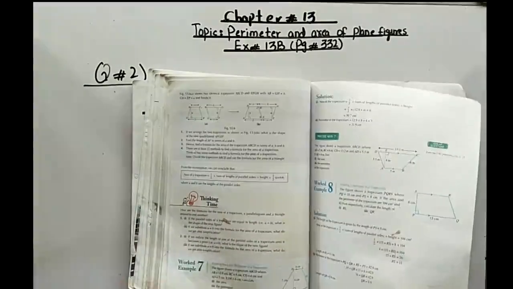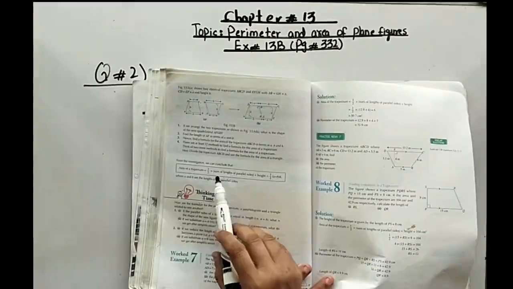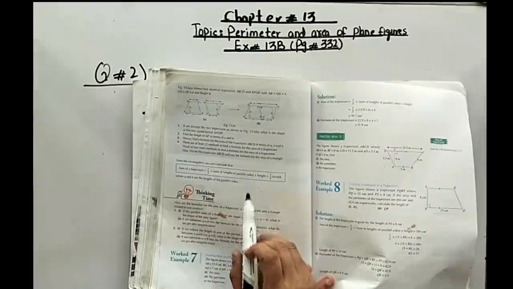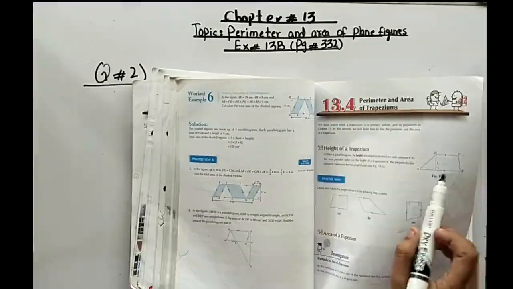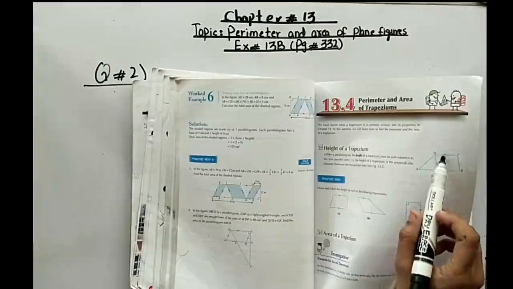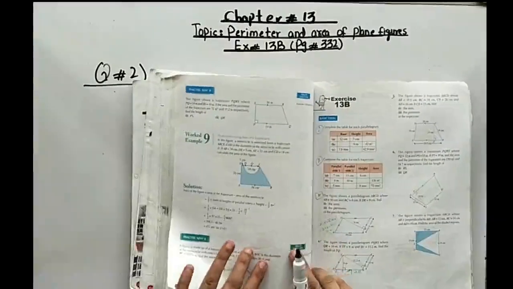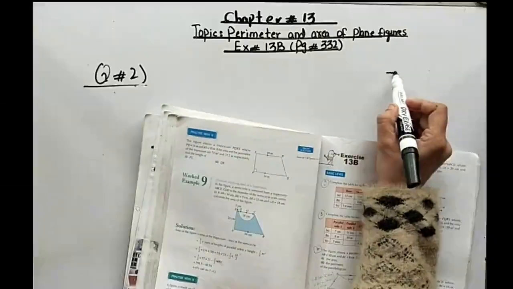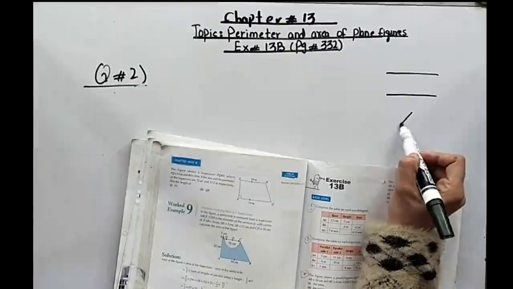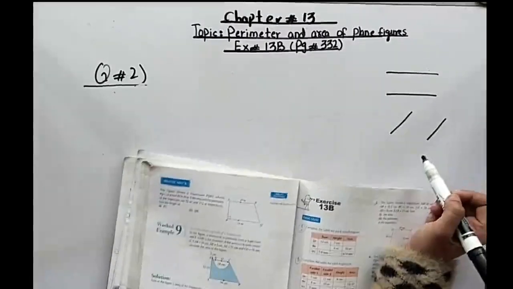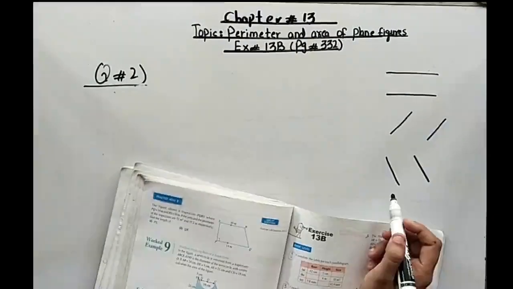And the area of a trapezium, this is the fixed formula: 1 by 2 multiplied by the sum of the lengths of the parallel sides. Parallel sides means, you can see here, in this shape these two sides are parallel to each other. These are not parallel. Parallel means when two lines stay the same distance apart. These two lines are called parallel, these lines are also called parallel lines, and these lines are also parallel.